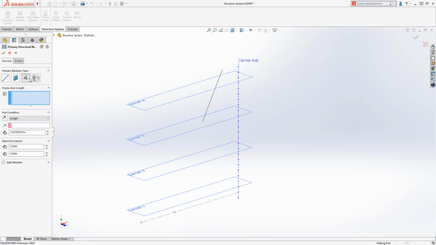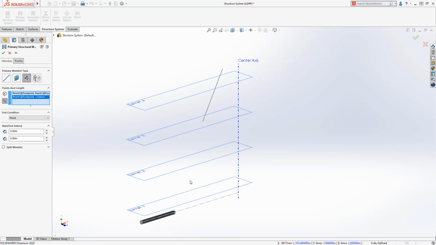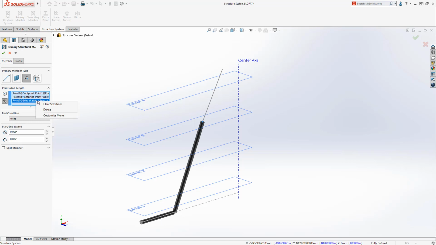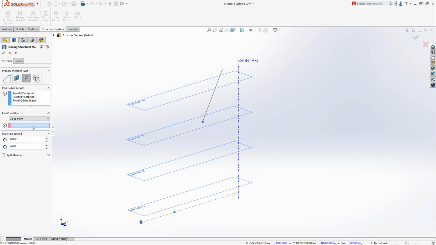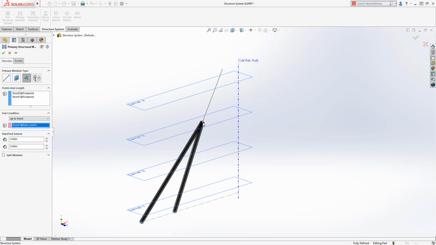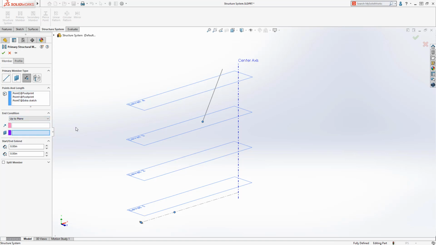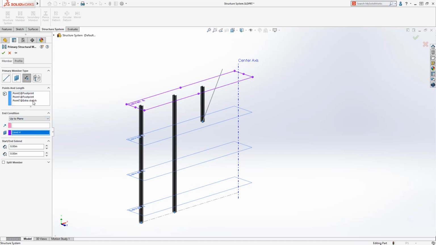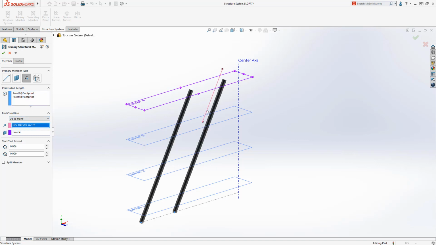Primary members can be created in a variety of ways, but now in SolidWorks 2020, the point and length member definition has new options. Members can now be created between pairs of sketch points or chained together to create a series of members along a chain of points. The new Up to Point option allows you to create members that all converge at a single reference point, and the new Up to Plane option creates members that terminate at a selected plane. The member extrudes in the direction of the reference plane, or you can choose a sketch segment as a direction